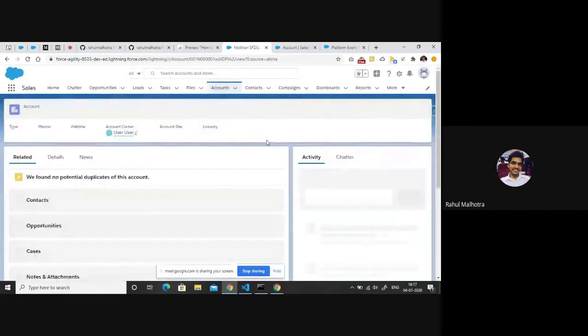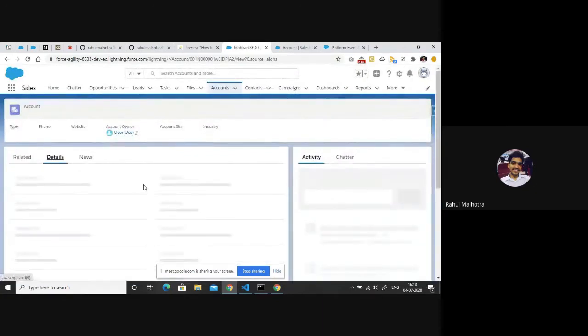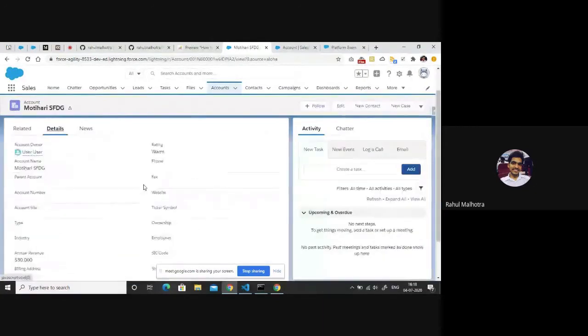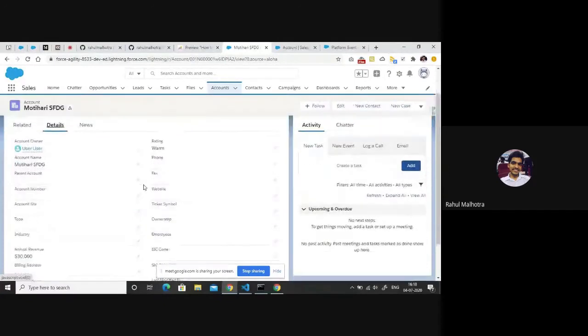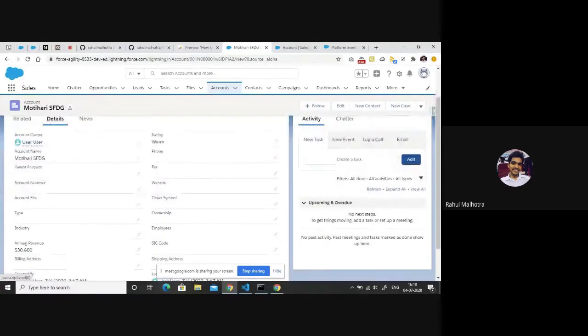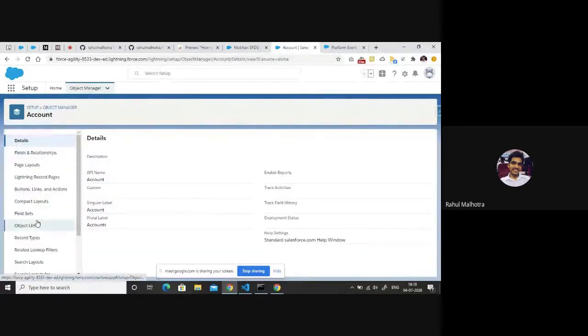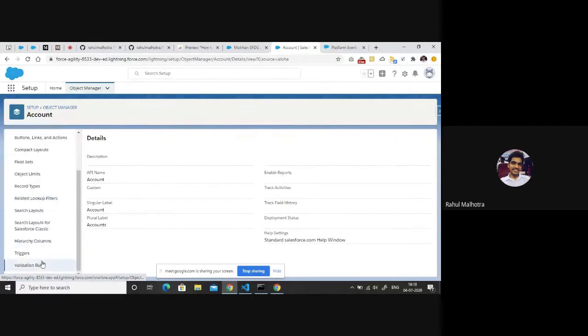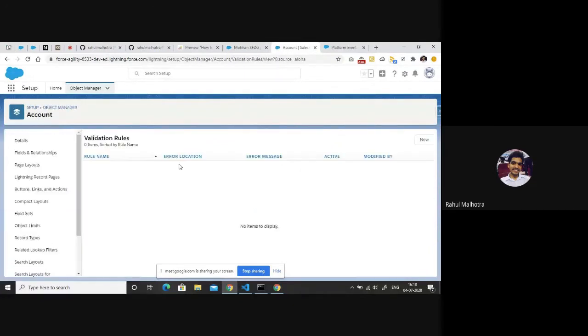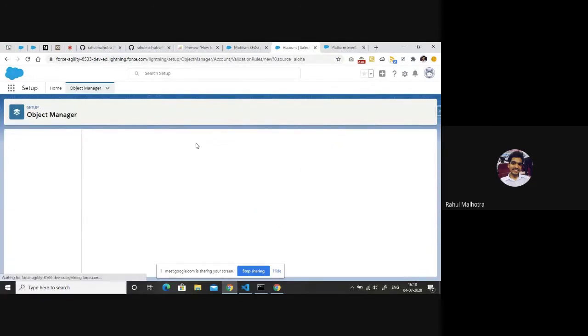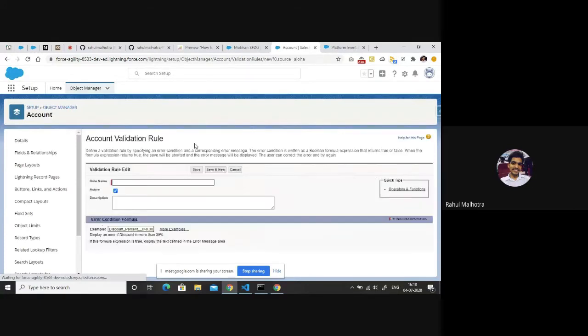My use case is that whenever my annual revenue moves above 50,000, I want to show a warning to the user that if the annual revenue is greater than 50,000, the rating should be hot, right? In general, I can think of a validation rule. So I can go to the validation rules here and click on new to create a new validation rule for the account.